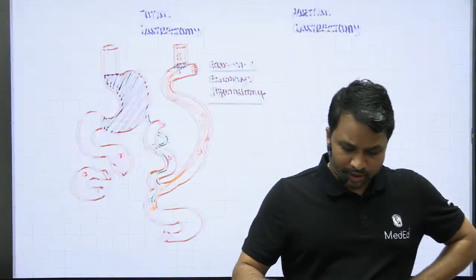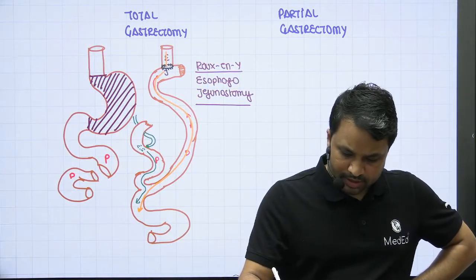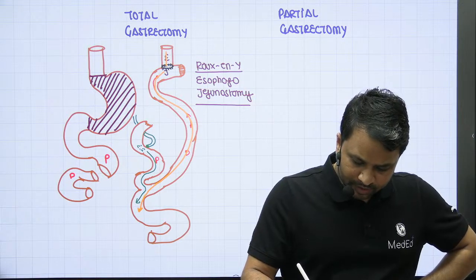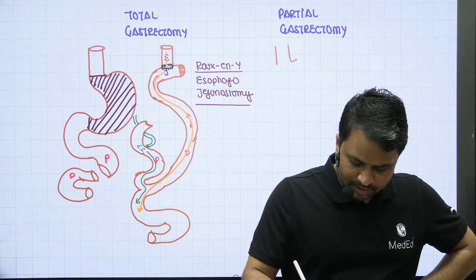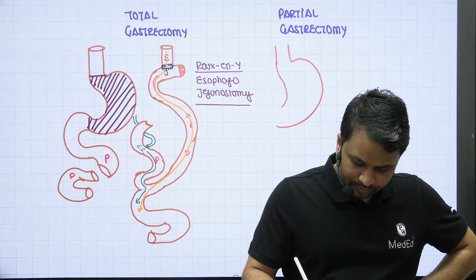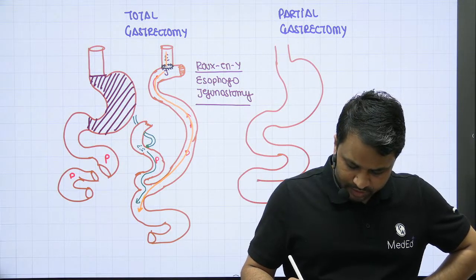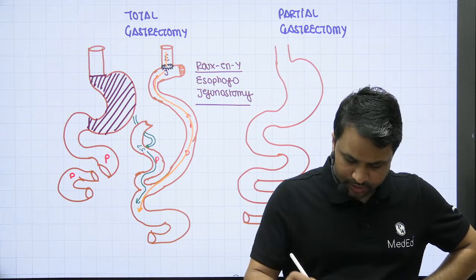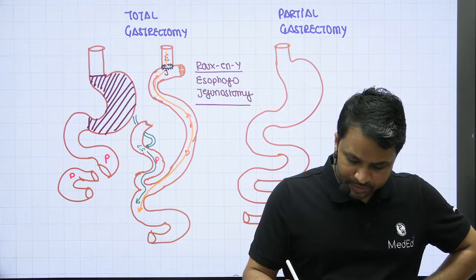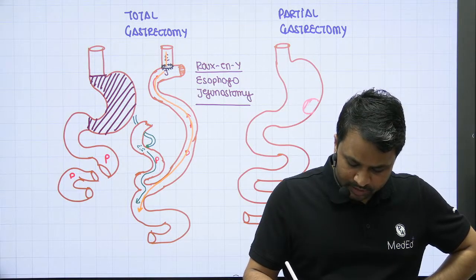Okay. So in a partial gastrectomy, when you look at this, same thing, nothing changes. In a partial gastrectomy, this is the part of the stomach. And the same thing, you have the duodenum, you have the jejunum, everything is going across here, nothing has been changed, right? Let's say there's a tumor which is present here. That is in the distal 1/3 of the stomach.